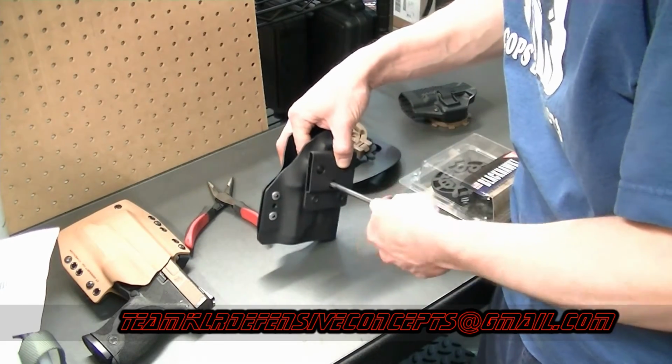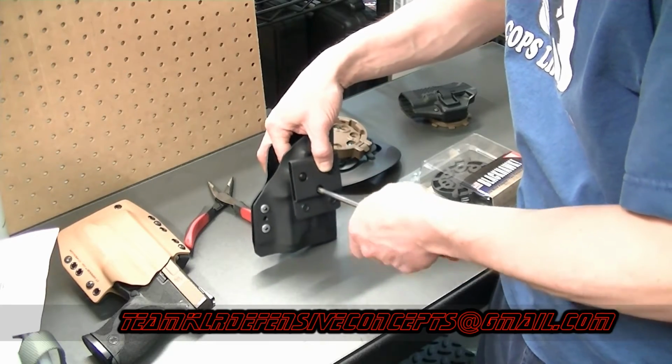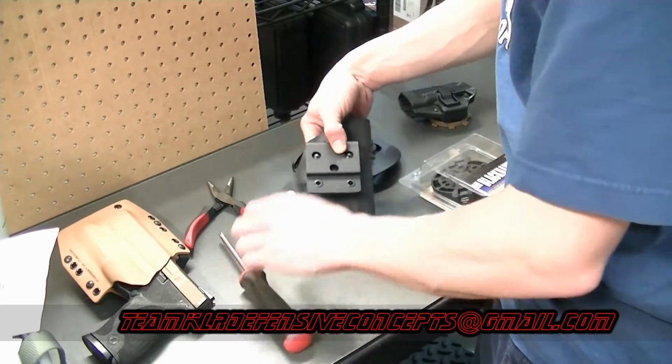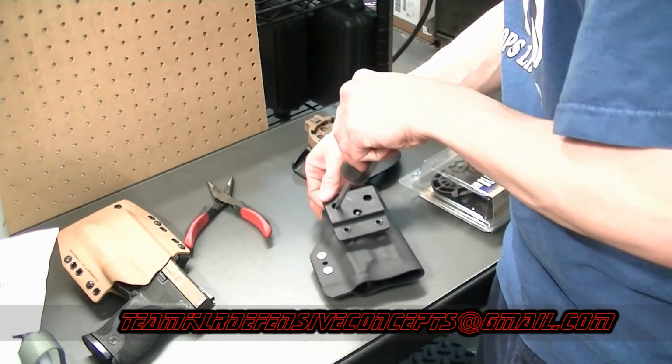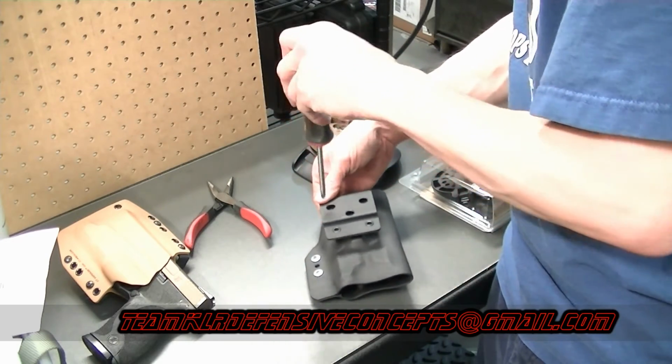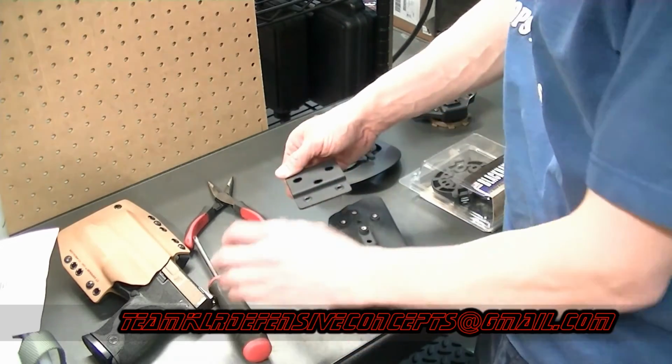Still using the backup camera, so I had to adjust it a little bit. Whenever I talk about the backup camera, I don't mean to put it down. It still has a pretty good picture, and it is the camera that I'm giving away